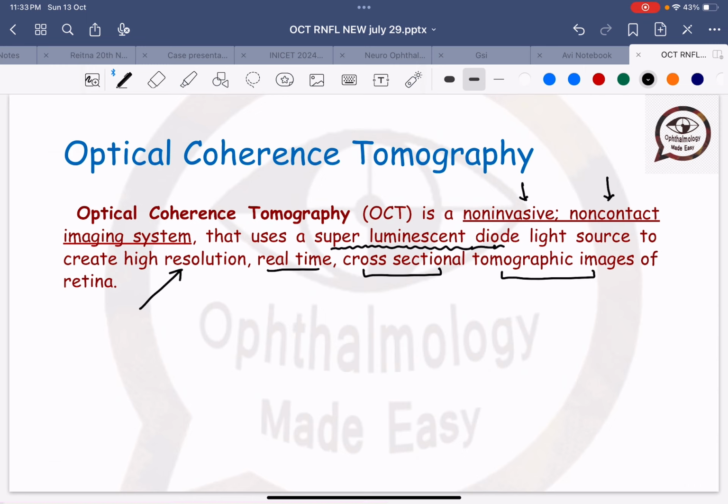So, unlike gonioscopy, where we basically touch the cornea, here we do not come in contact with the cornea. And it uses a diode light source. Remember, in ultrasound biomicroscopy, we use sound waves, and here we use a diode light source, and what it creates is a real time cross sectional image. That means we can see all the layers of the retina, and this helps us for the